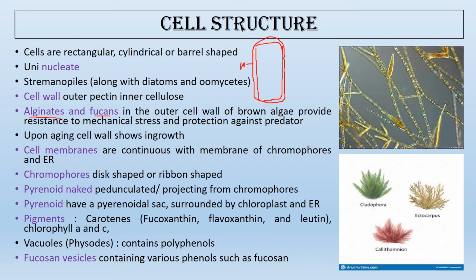Then we have the plasma membrane very close to the cell wall, and the membrane of the endoplasmic reticulum and the nuclear membrane are also in close association with the chromatophore membrane. So this is the plasma membrane. Then the cell is largely vacuolated. It has a central nucleus, and it has ribbon-shaped